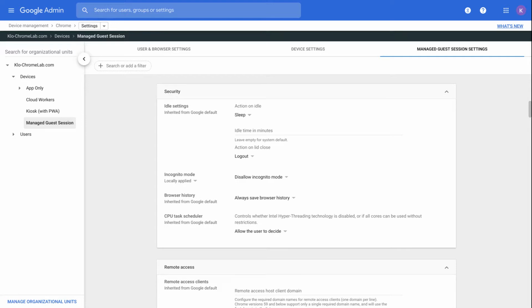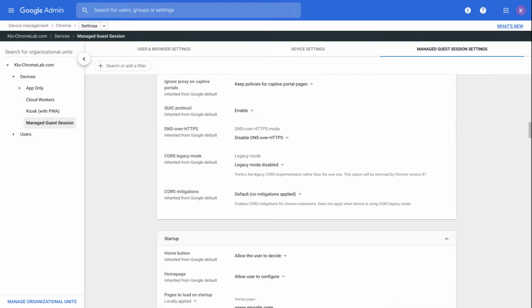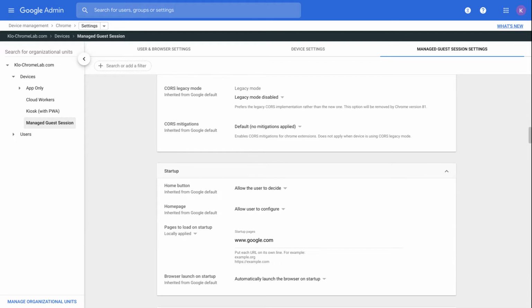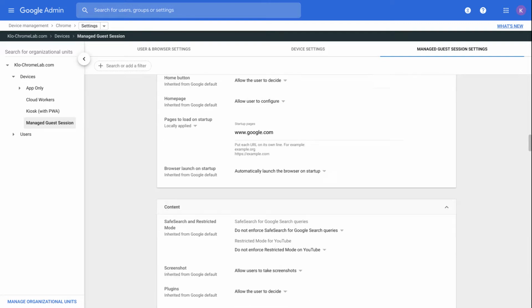As in the user and browser tab, you will find some other options regarding network that allow you to provide proxy information. It's the same part. On startup, you can customize user experience, add a homepage to load on startup.